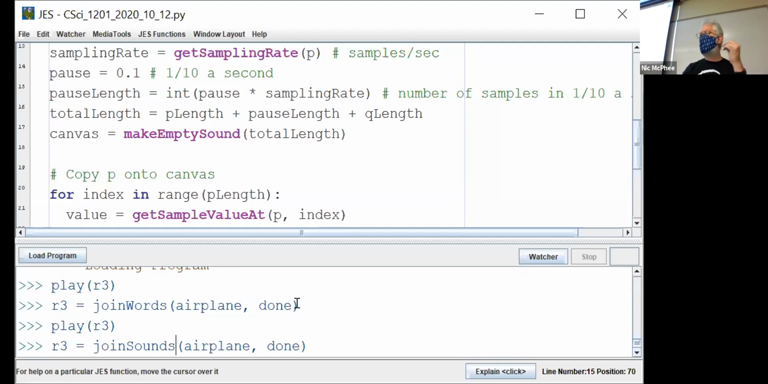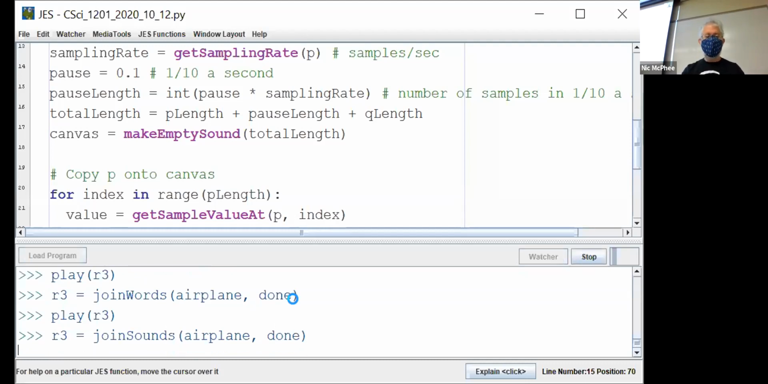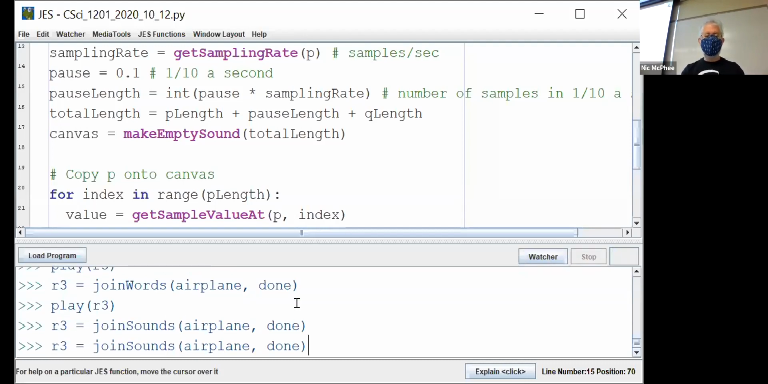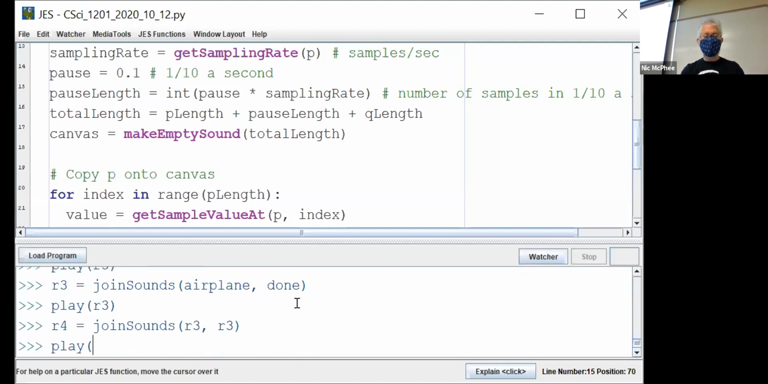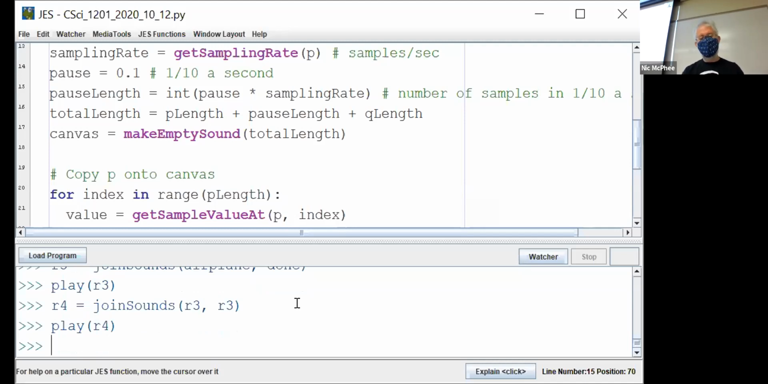And notice that reloading didn't make the old function go away. It just created the new function. And so, yeah, it totally just did the old thing. Airplane. Done. So that's a slightly better cadence. And then I could,